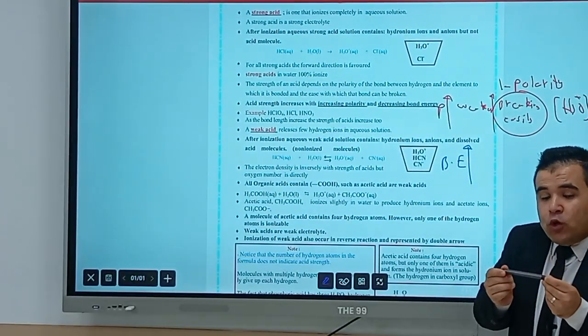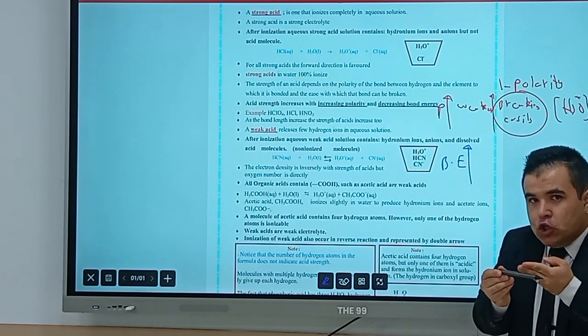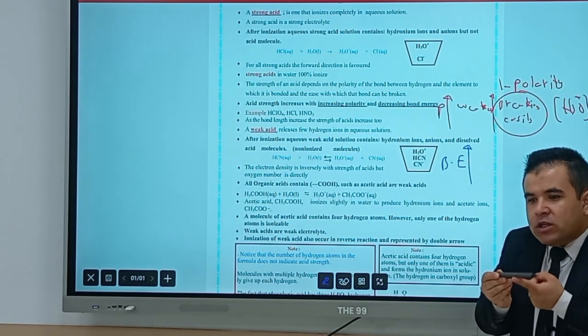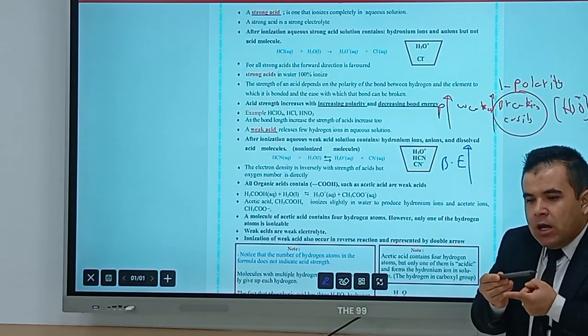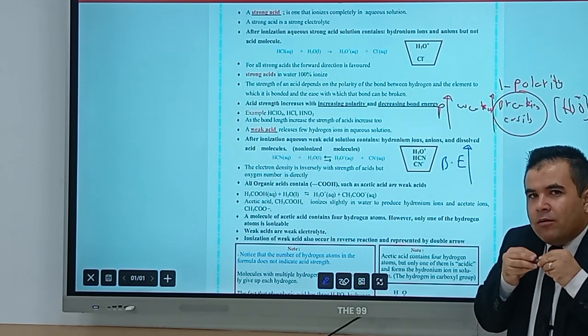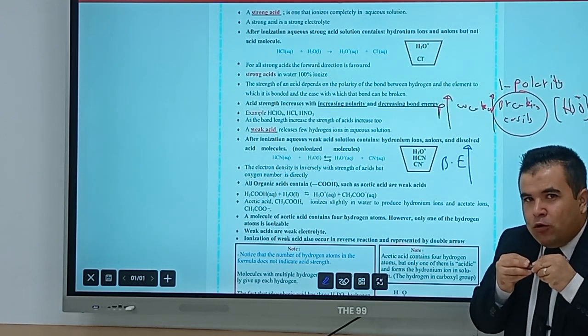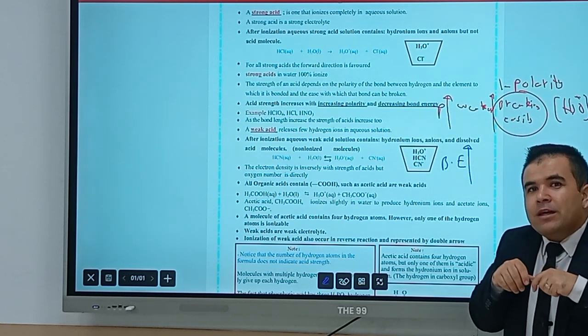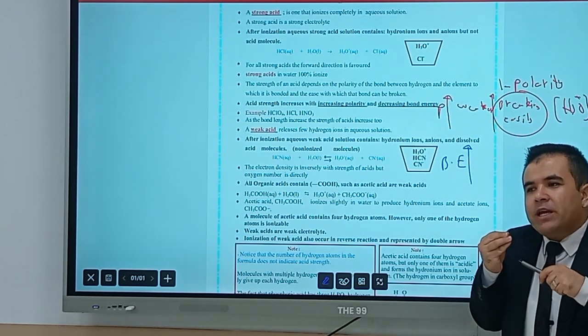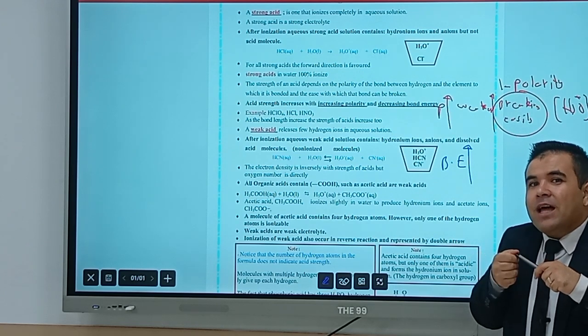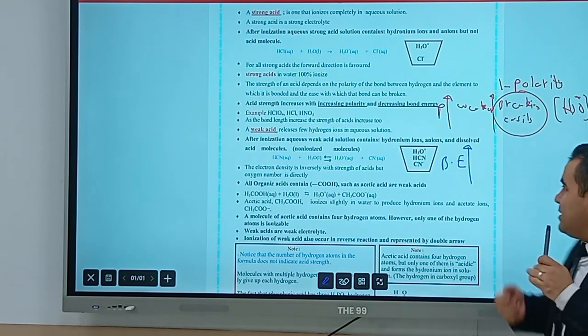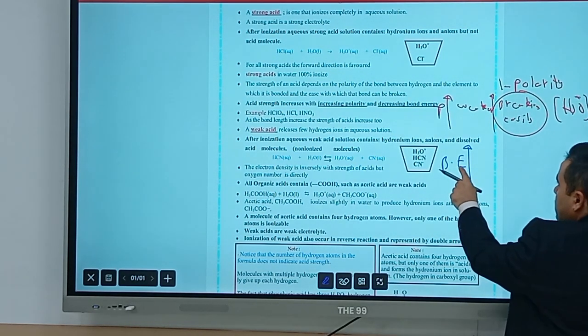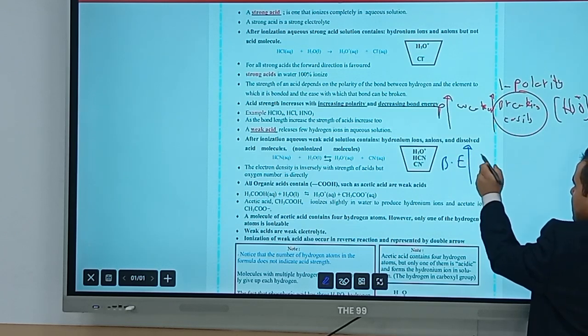Logically, if a bond requires more energy to break down, that means the bond is strong. And as the bond is strong, the donation of the proton becomes lower, and then that will reduce the strength of the acid. So guys, as the bond energy increases,